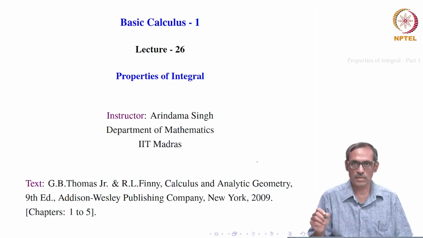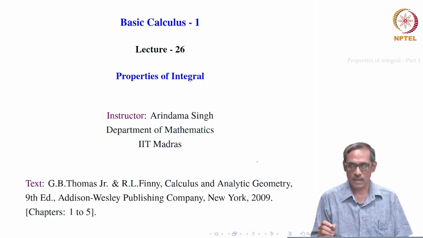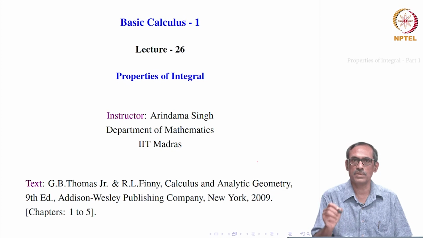So, those points, grid points which are the end points of the sub intervals, set of those points is called a partition. Then we have defined the norm of the partition, which is maximum of these sub interval lengths, and then we go for a choice set of points. Inside each of the sub intervals, we choose a point c_i. Then we form the Riemann sum, which is summation of f of c_i times (x_i minus x_{i-1}).